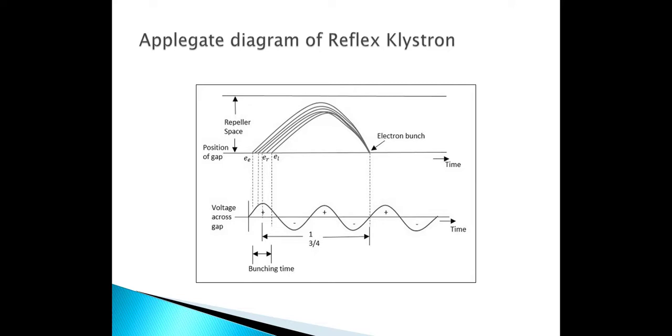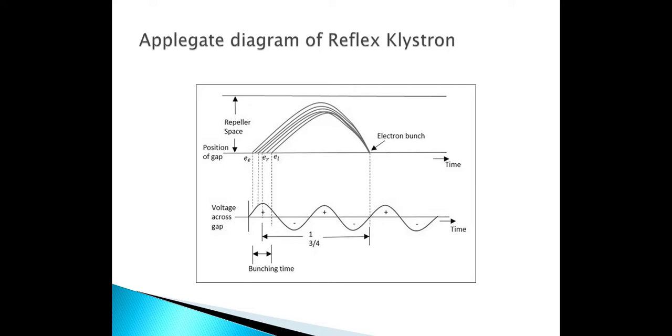The returning time is shorter as the penetration into repeller space is less, and it catches up with ER and EE electrons, forming a bunch. Bunches occur once per cycle centered around the reference electron ER, and these bunches transfer maximum energy to the gap